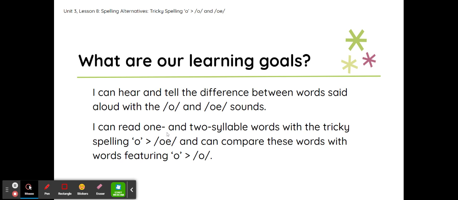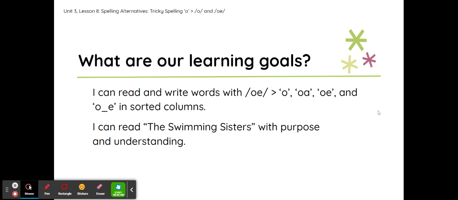I can read one and two syllable words with a tricky spelling O, pronounced ah, O pronounced O, and can compare these words with the words featuring O, pronounced ah. I can read and write words with O, spelled O, OA, OE, and O consonant E